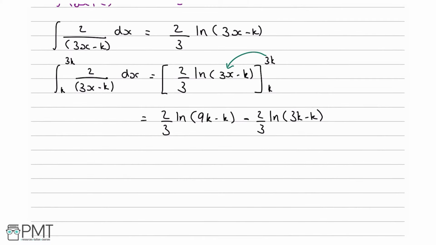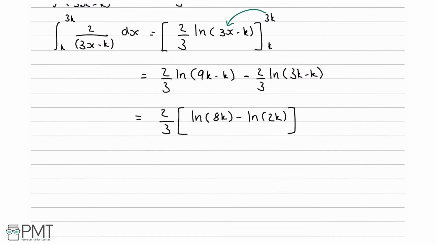So, this equals 2 over 3. I'm going to take this out as a factor, or as a constant, and then we're going to have ln. Now 9k minus k is 8k, and then 3k minus k is 2k. So ln 8k minus ln 2k,